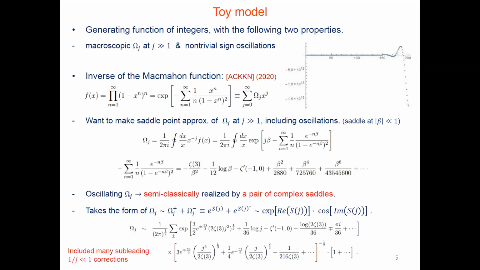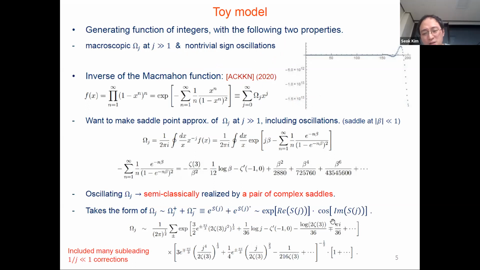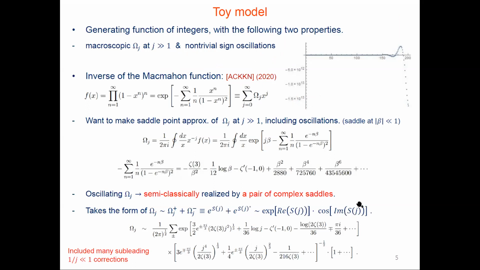wavelength of oscillation. Right. Once you know the imaginary part of mu, where you write x as e to the power mu, and you know the imaginary part of mu as a function of j, that should tell you how fast it's oscillating there. But you also had another. I think that's basically somehow reflected here as well, right? That's what was confusing me. Here, this is the imaginary part of S of j, whereas that would have come from the imaginary part of